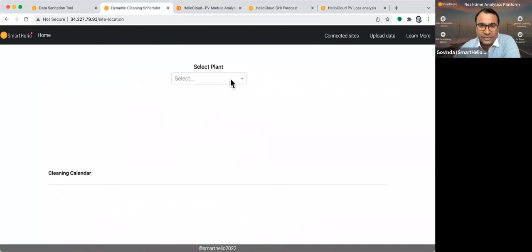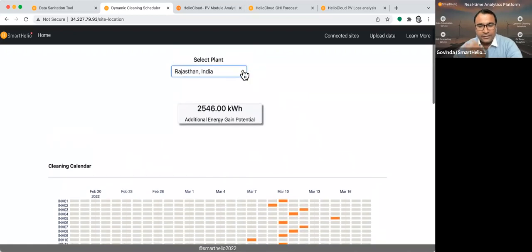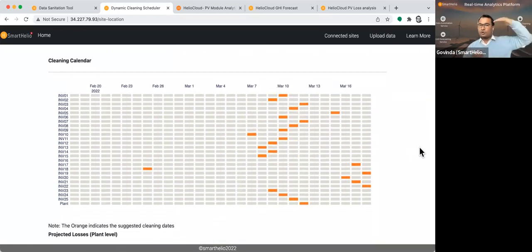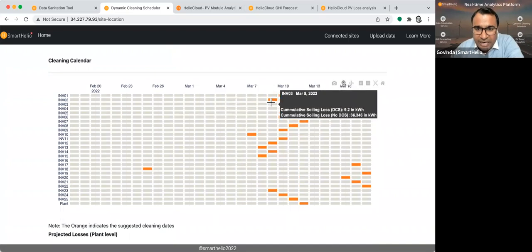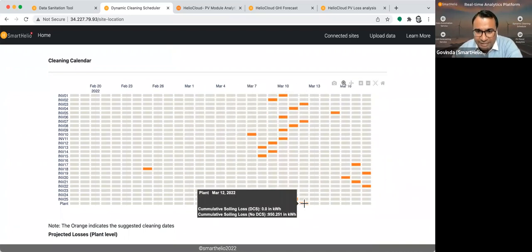So let's say I want to check one cleaning. We can go for one of the Indian sites in Rajasthan. This is the west side of India. It's a desert area. When you put it in, our program is able to understand how the soiling has been accumulating in what section of the plant and give you some alerts. So here we see the orange ones are the prompts when the cleaning should happen for that section. And then based on this, we do optimization, and you can get a date like, okay, on 12 March,